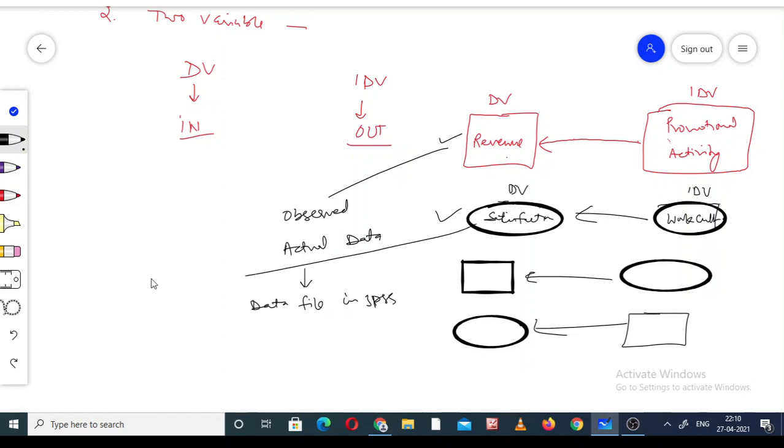Circle means the latent variable, no actual data, or we can say we cannot ask directly any question. We can ask through different statements, and a data file in SPSS cannot exist in case of the circle. So that is the difference between these two.